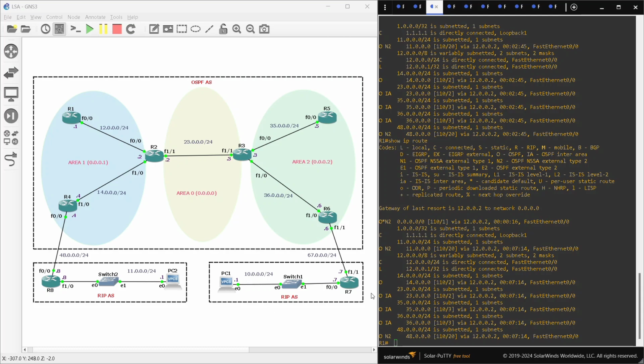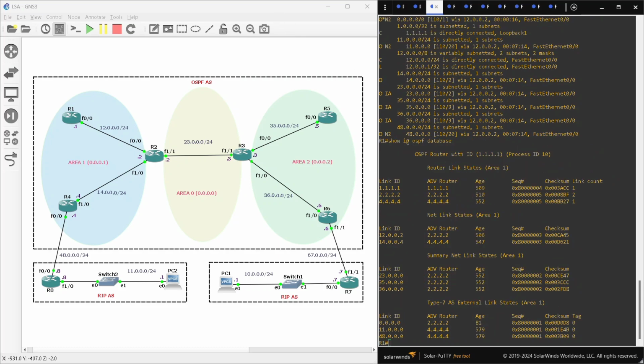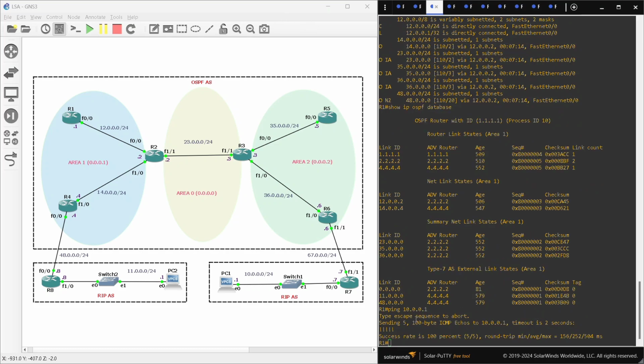Now if I go to the database there also, as you can see in the database, R2 is generating a new type 7 LSA which is giving me the default route. So the question is, who generates type 7 LSA? The answers are two. The very first is ASBR in the NSSA area, and the second one is ASBR for default route, to pump in the default route, right? Yes. And now it is able to ping from R1 to PC1 with the